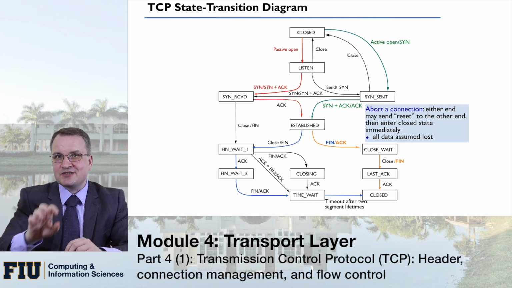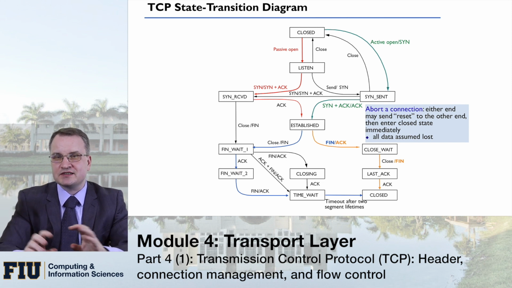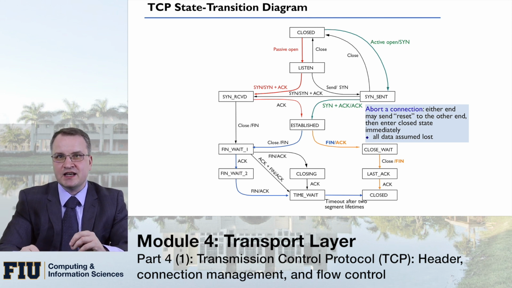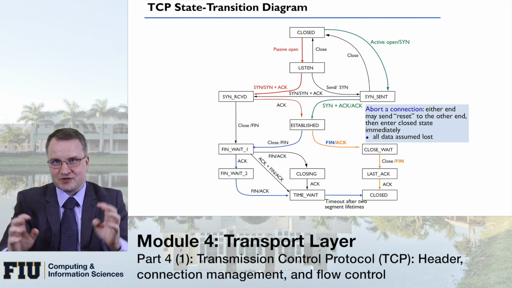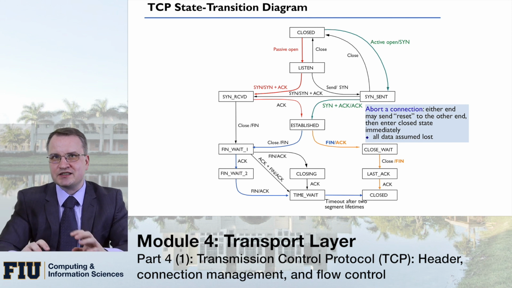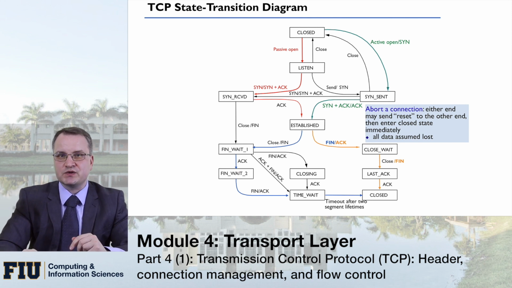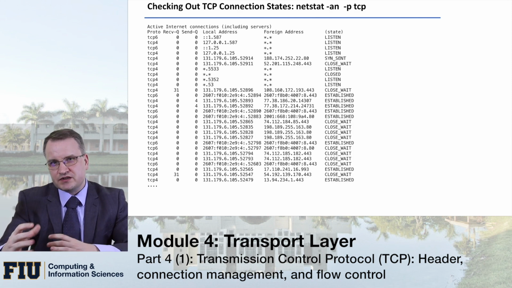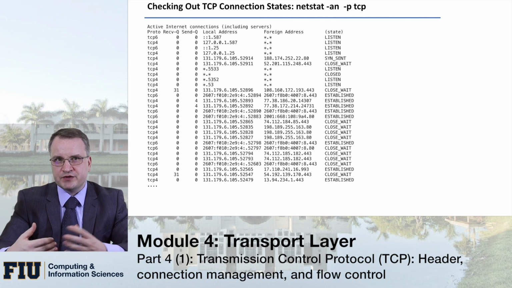As soon as the connection is established, everything is fine. Everything just flows: you receive data, you send an acknowledgement, you receive data, you send an acknowledgement. But as soon as you try to close the connection or establish a new connection, there is quite a lot of uncertainty in between. I already highlighted in the previous module that you can check the state of the kernel